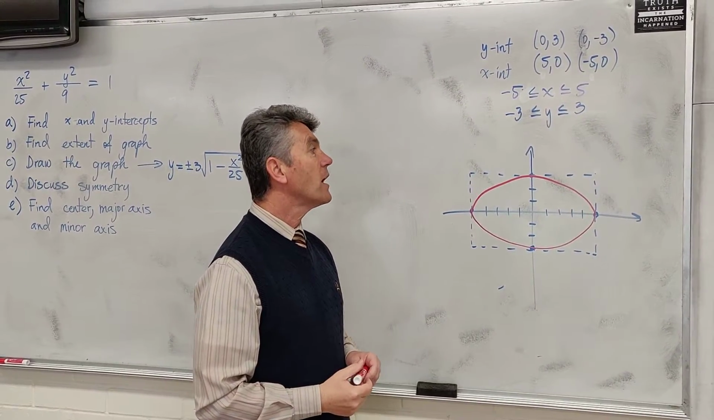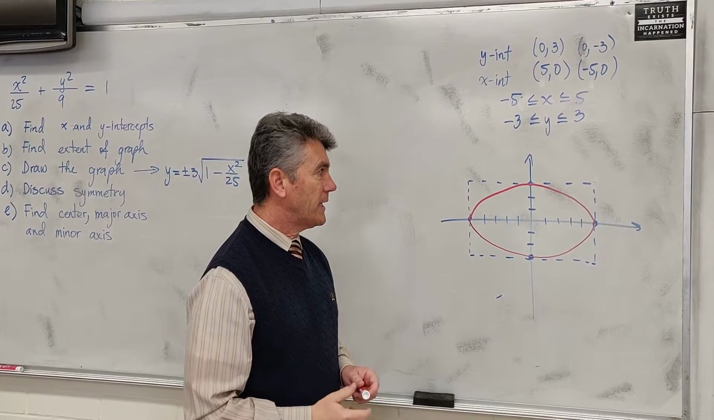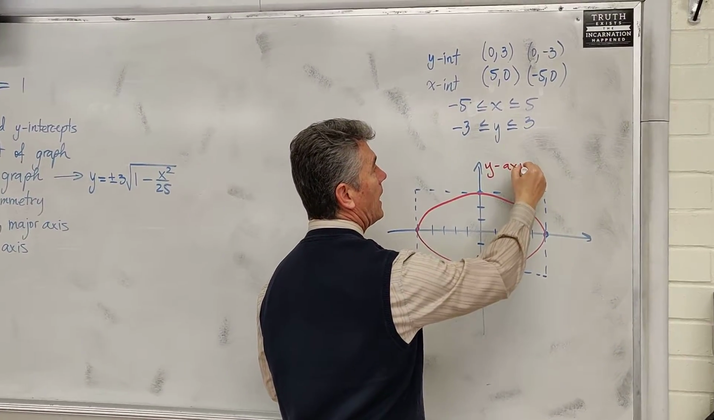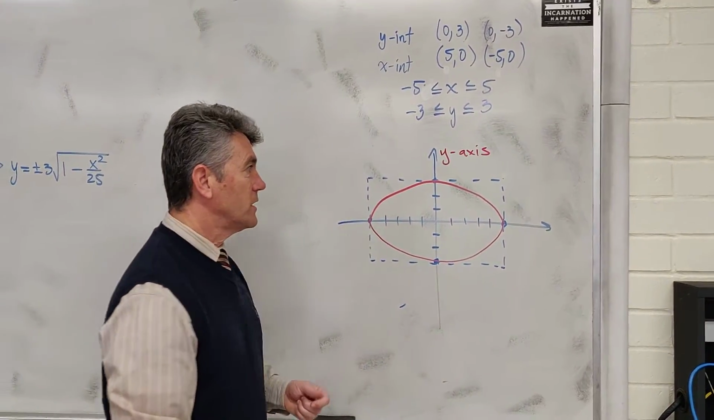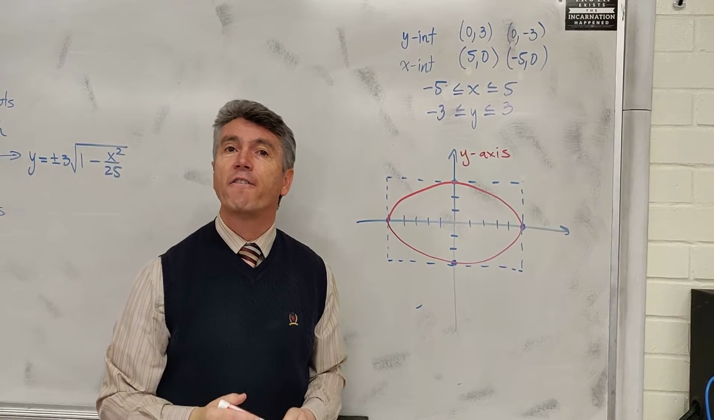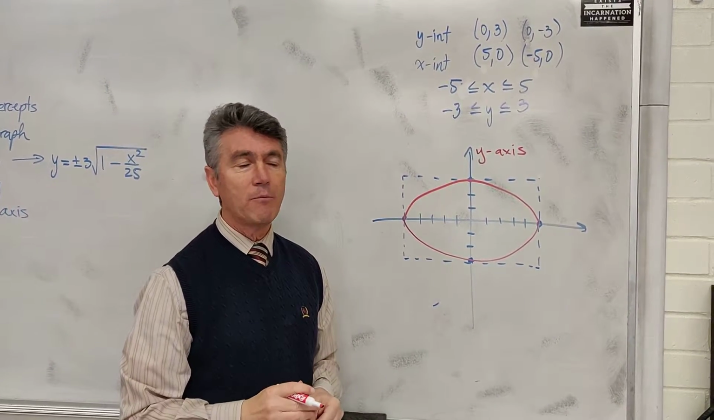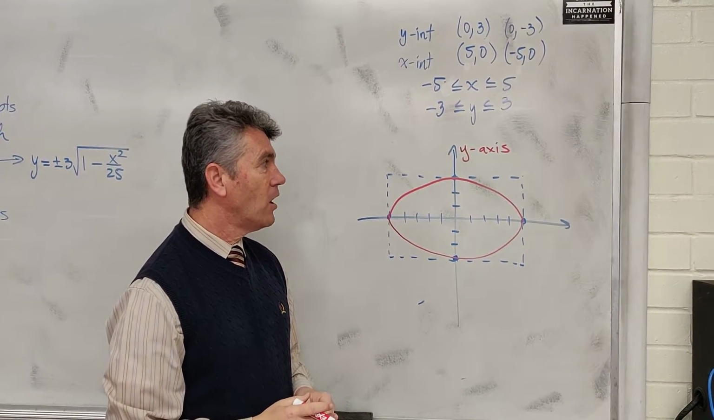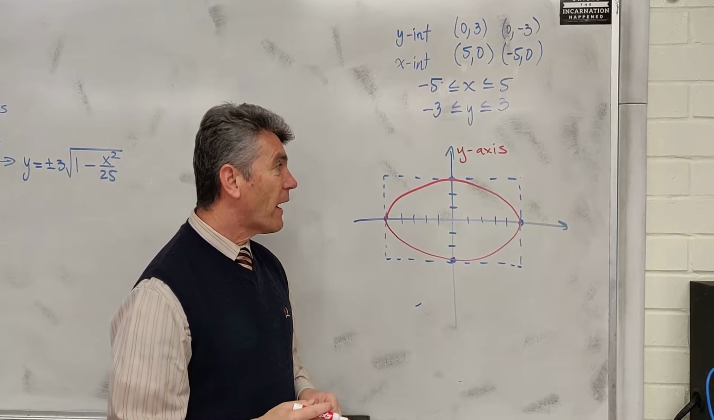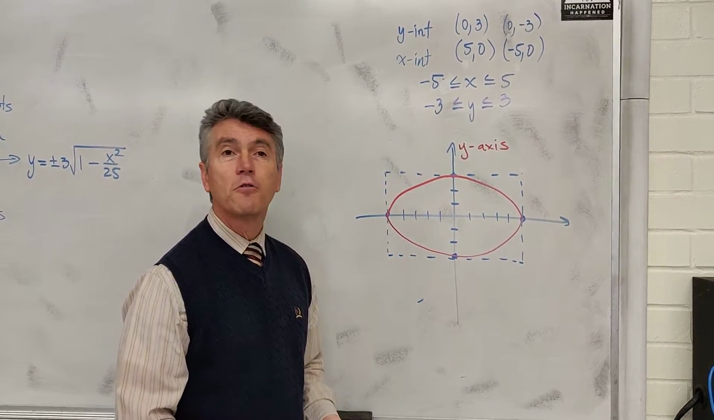Okay. Let's talk about symmetry right now. This is the y-axis. What should you notice? Well, you should notice that the y-axis splits the graph into two halves that are mirror images of each other. Why is that important? Well, that is important because when you graph the ellipse, you only have to do half